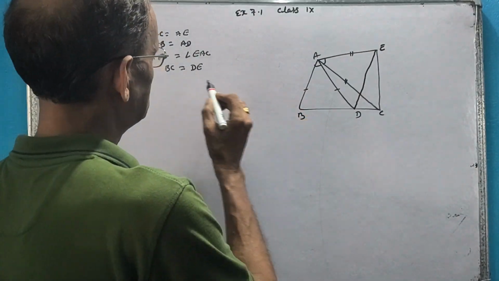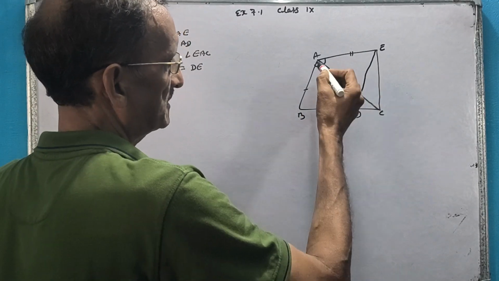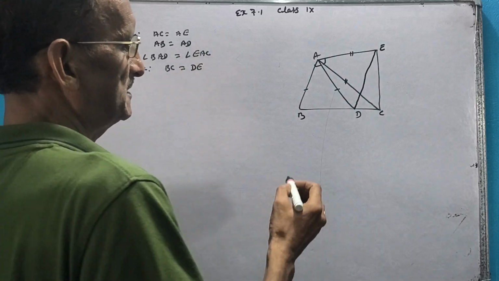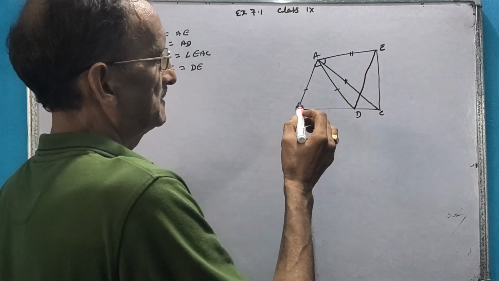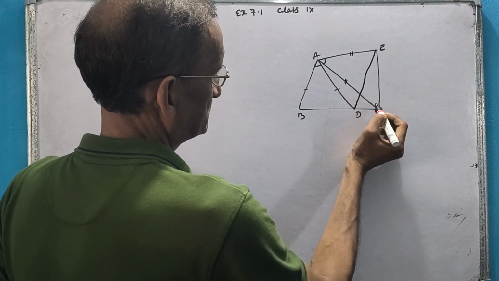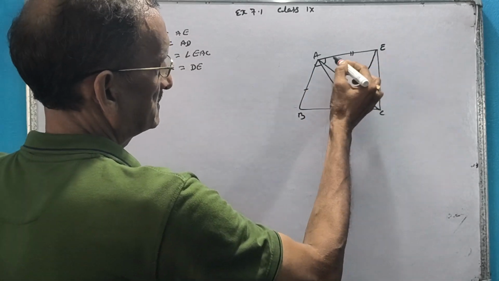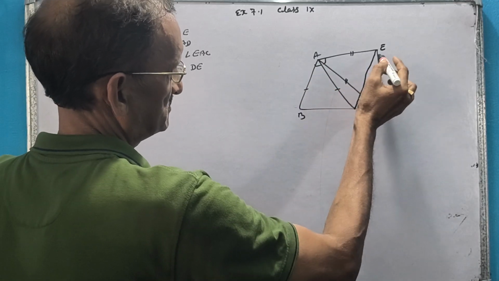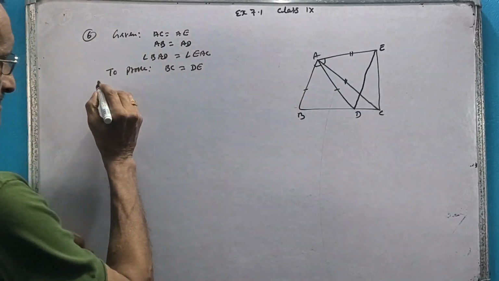First, BC and DE are sides of triangles. BC is the side of triangle ABC and DE is the side of triangle ADE. So actually we have to prove triangle ABC congruent to triangle AED. When we say triangle ABC, angle BAC comes, but only angle BAD is given. BAD equals angle EAC, but our target is triangle ABC, so we should have angle BAC and angle EAD. First we will try to get angle BAC. So start the proof.